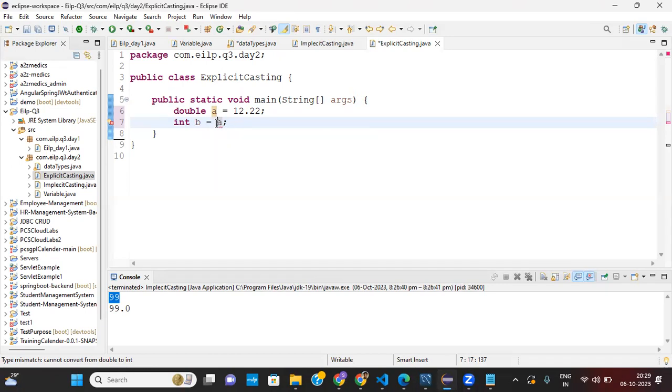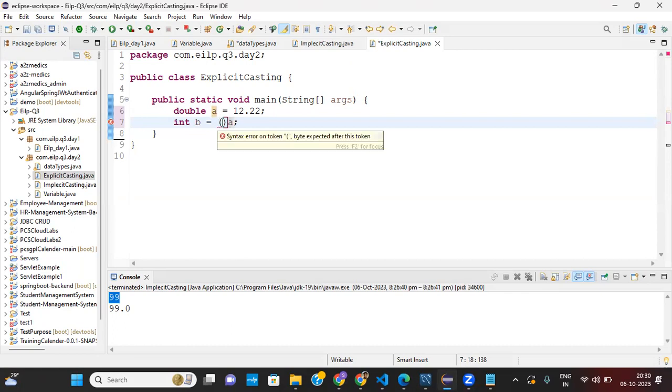So how will we do that? We need to mention the data type in front of a, before a, within braces. Now you need to mention the data type you want to convert this a into. The data type of a is double, but I want to convert it into integer.